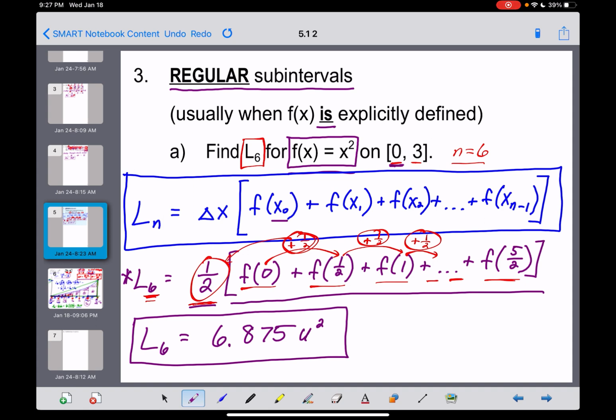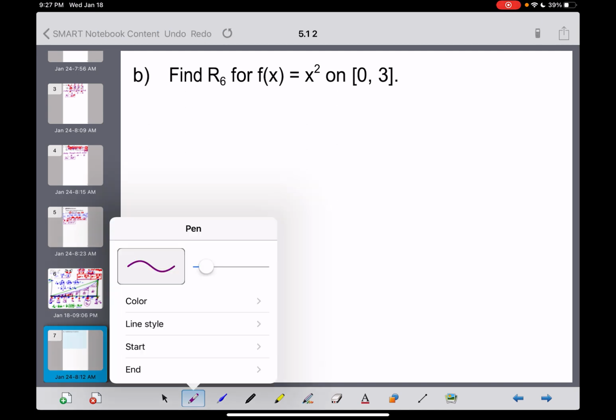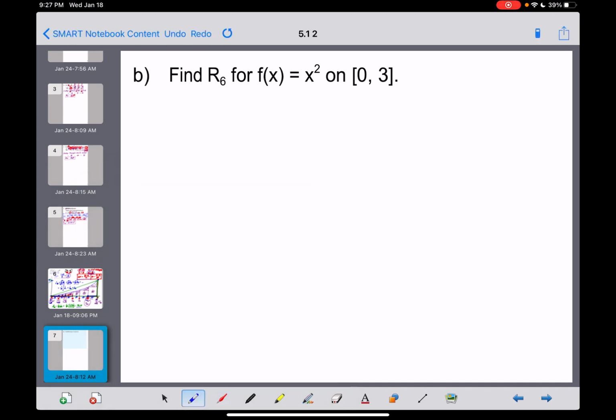Okay, so that's how we do a left endpoint approximation with regular subintervals. Now, the second example we're going to do is a variation on that. And good news, everybody, this will take much less time than what we just got done doing. We're going to start with a formula right here now, just like we did on the last one, for a right approximation. So the formula here for R sub n is going to equal,